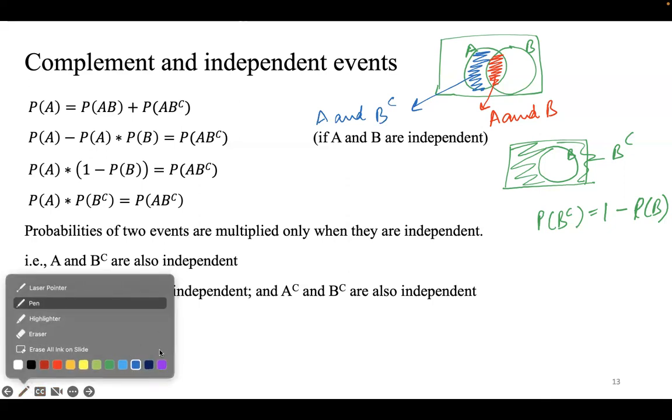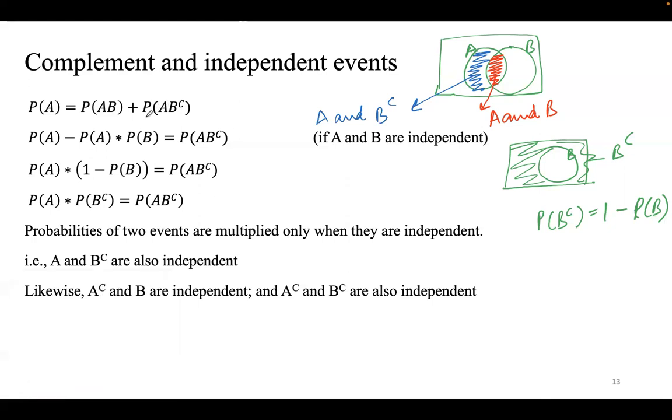So the probability of A, the total thing, is a sum of A happening with B complement and A happening with B, right? So this is what I've written here. And then, if you're talking about independent events, then this can be written as this, right? So I've brought it to the left side and you can take P(A) common. So this becomes 1 minus P(B), and we just saw what 1 minus probability of B is. This is probability of B complement.